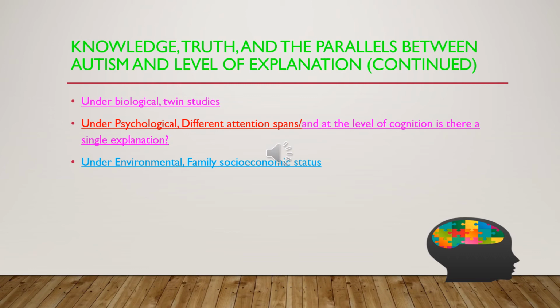The second we talked about was the psychological explanation, and the parallel with LOE and autism, first and foremost, is focus. With autistic children, their attention span and focus, they can't keep eye contact. You cannot keep their attention, their focus is completely off. They're easily distracted, unlike their healthier counterparts who can keep eye contact and focus on one project at a time. And it also really has to do with age level